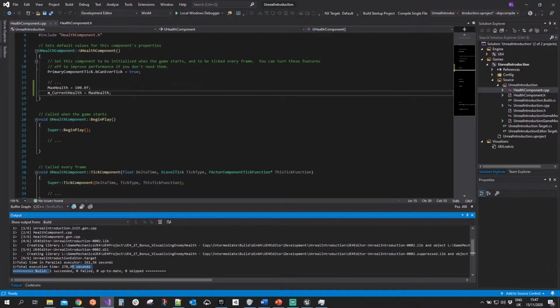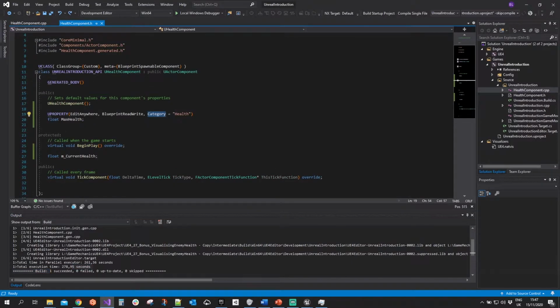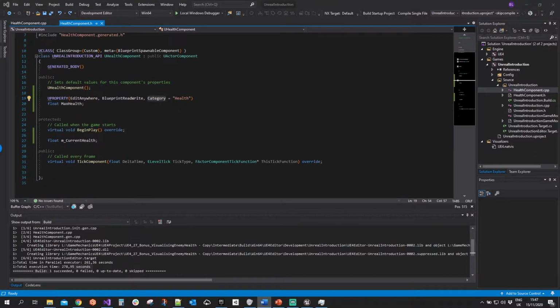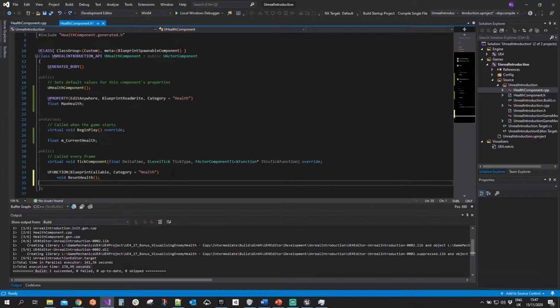So going back into our code, I'm going to go to the header file, and let's declare our function. So again, I'm going to copy paste it for the sake of time, and then go over it. So I'm going to add a reset health function, and above that, again, we have a macro,